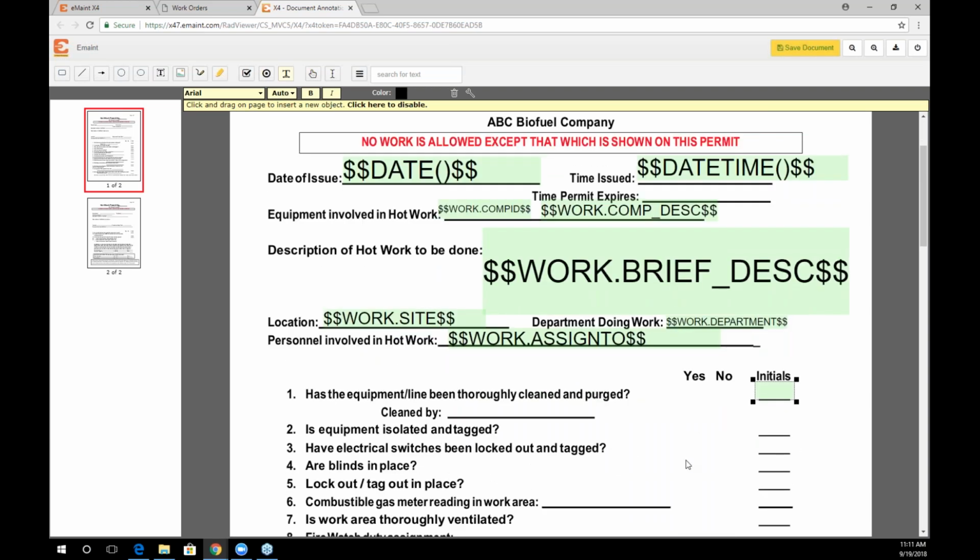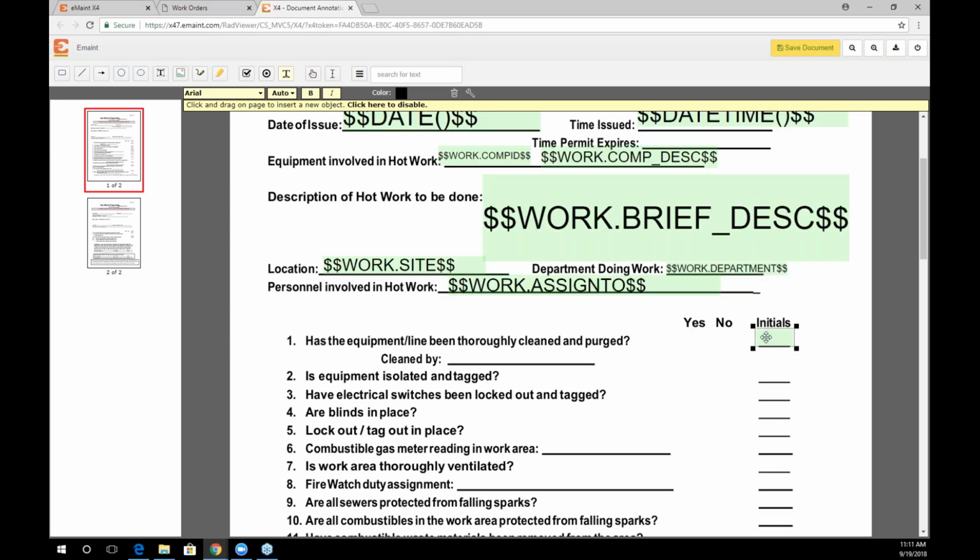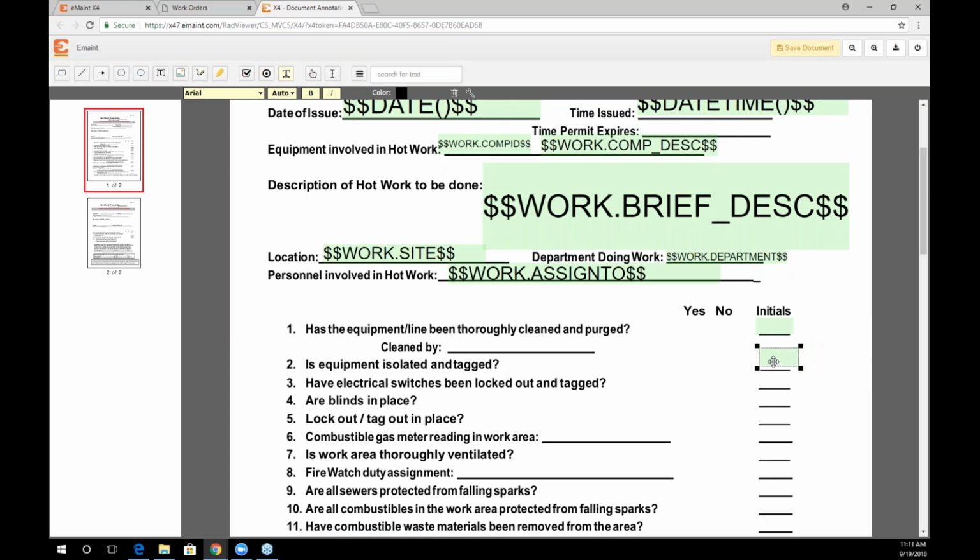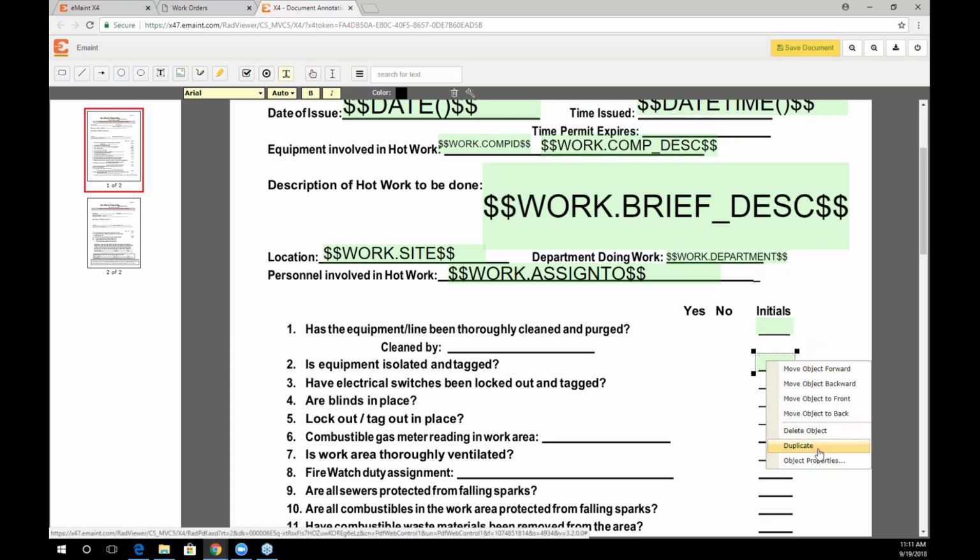I'm only going to go through a couple here with you just for the purpose of saving time for the workshop. So now that I've had that one with those properties, instead of making that every single time and right clicking on it and making it a required field, all I can do is just right click and duplicate it and then carry it down to my next line and do that. I'll do 4 lines here for you. Duplicate